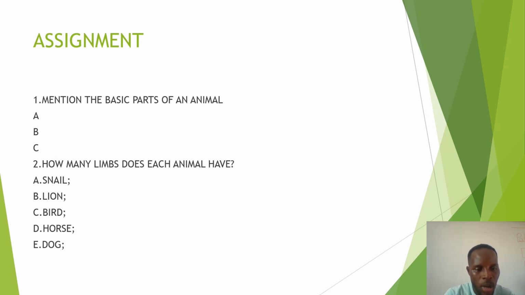Then 2, how many limbs does each animal have? So a snail, how many limbs? That's the leg. So look at the number of the limbs, that's the leg, then write it there. Lion has how many limbs? Bird,